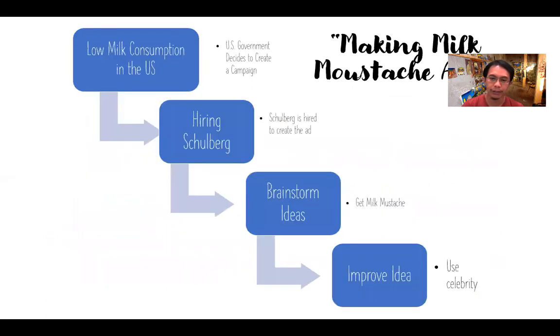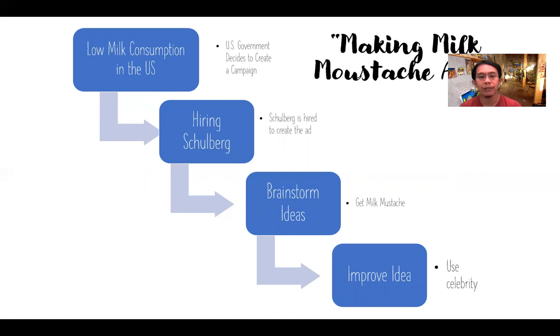And here is another example. Okay, I'm going to explain again making milk mustache ads here as an example of how to present a graphic organizer. Here is a graphic organizer that I made on Microsoft PowerPoint, and it shows a process. It shows stages from one stage to the next stage to the next stage to the very end. Now, here are actually the stages of creating the milk mustache ads.